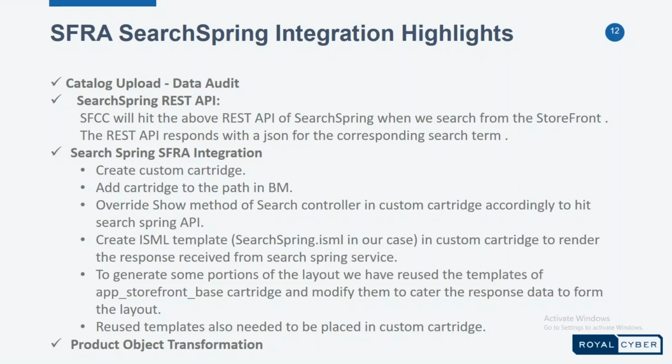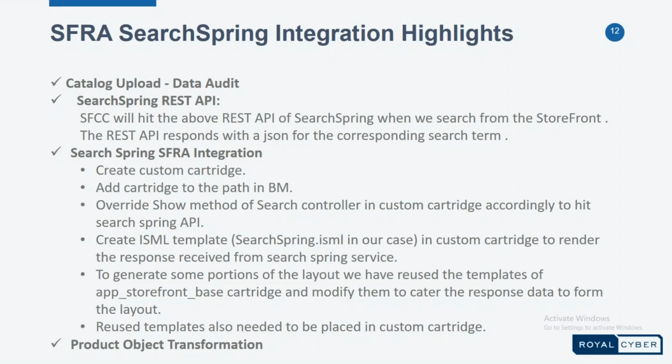And SFRA has a lot of templates for rendering a product listing page, so that it makes life easier. We can edit everything. It has different templates for product tile, product image, product swatches, product facets, and filters. So basically what we did, we created a SearchSpring ISML page as our custom page, and then we extended the out-of-the-box templates like producttile.isml, productimage.isml, productprice.isml, and productswatches.isml from the